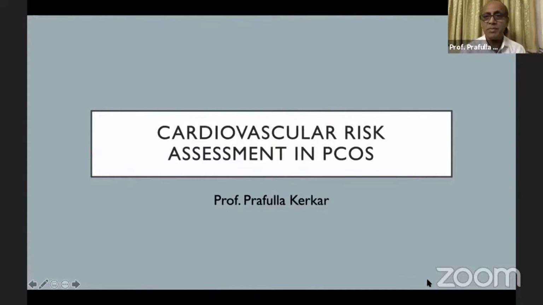Yeah, so my job has been made easier by the previous speaker, Professor Unni. He has said that cardiovascular risk is increased in women with PCOS. So my job is to explain how you, as a gynecologist, go about assessing the cardiovascular risk. In other words, how do you become lady cardiologists, or for that matter, cardiologists to the ladies, not only ladies with PCOS, but all your patients? That is my job. When I say cardiovascular risk, I would be, through this lecture, talking about atherosclerotic cardiovascular disease risk assessment.